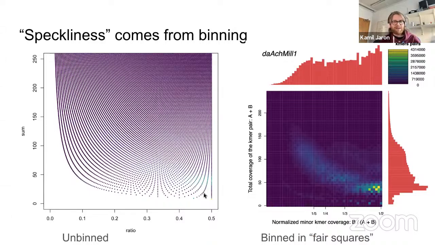So on the left panel, you see how it would look if we plot every single data point, and on the right panel, you see how it looks if you just cut the data in squares and aggregate them. It all started by me using some high level packages in R, like heat maps and things like that, and this is what they do under the hood. So it somehow never occurred to me that I should bypass all that and just make the plotting on the raw data and just plot every single bloody square.